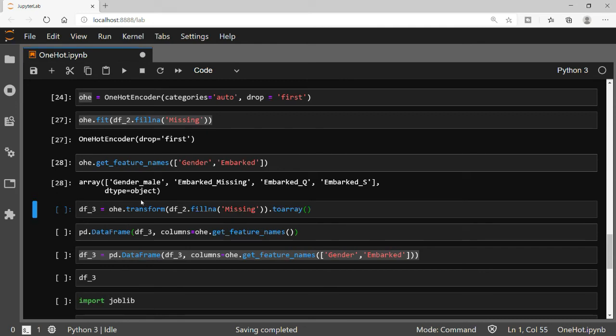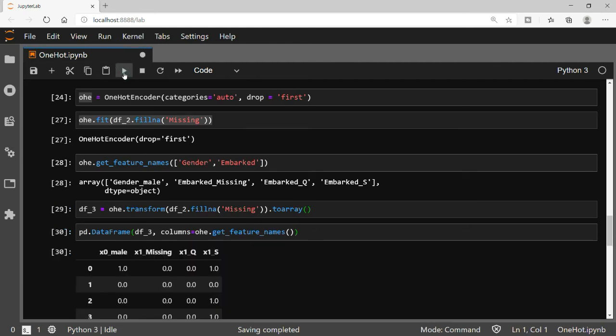Okay, and now what we have done is that similarly we have just transformed the data. After fitting our object, we have just transformed our data. So remember, we do fit and transform. You might think, what is the difference between fit and transform? Guys, fit does not make any changes to a data set. Remember this. When you fit any encoder on your data, it just learns from the data. It does not make any changes. The changes will not persist until you transform your data set. Once I transform my data set, those changes will be there in my data frame.